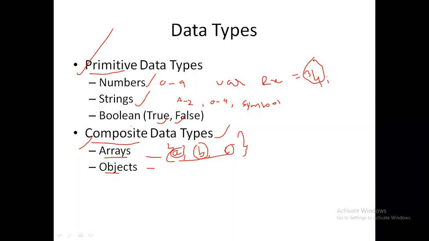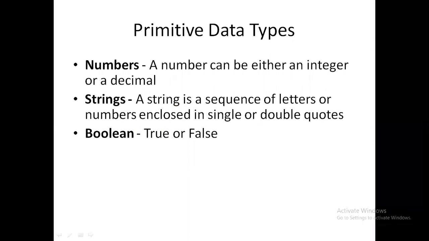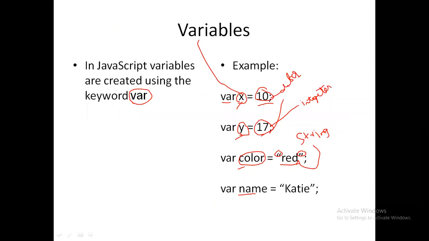So we have different kinds of data types, where it is going to store the numbers, the characters, true or false, bulk of numbers, or some objects. Okay, so one by one we'll be seeing. When I'm saying numbers, it can be either digits or decimal values. When I'm saying strings, it is a sequence of letters, which can be in single quotes or double quotes. If you see, I have written red in double quotes, H in double quotes, like this. So I can specify single or double quotes. You have to remember that.